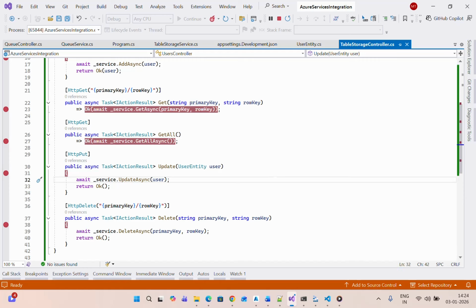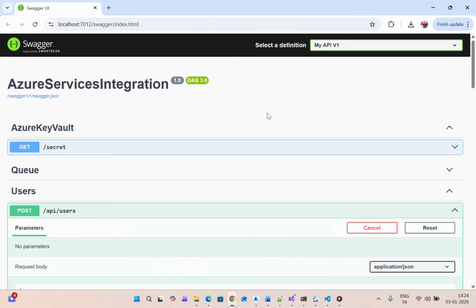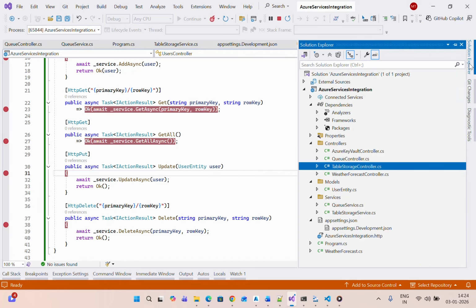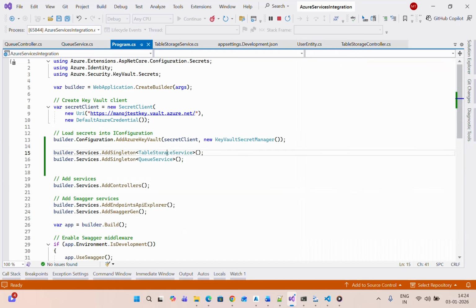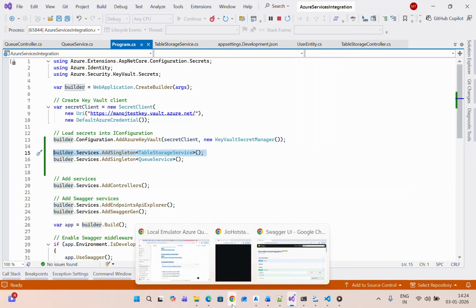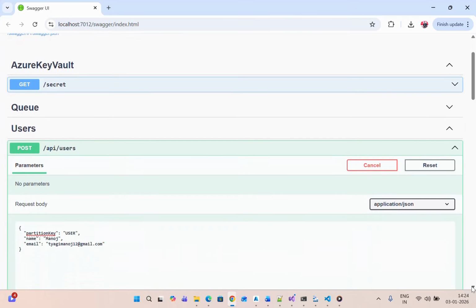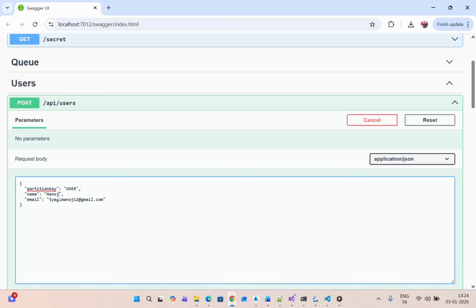How can we use this? Let me show you one example. Once you run this application, one more thing you need to do is register this table storage service in your program file. Then you come back, go to the users, and you need to put this one, Manoj. Let me